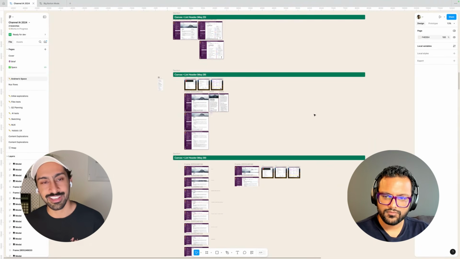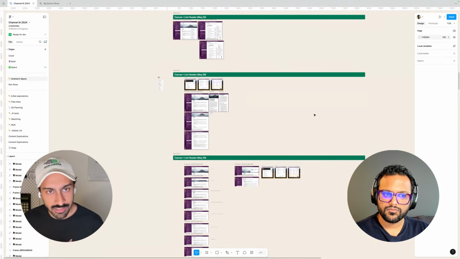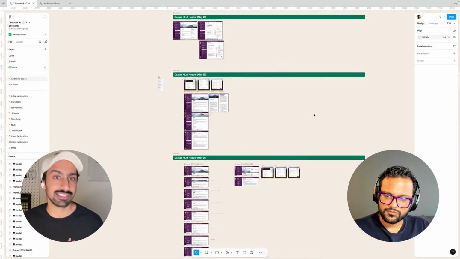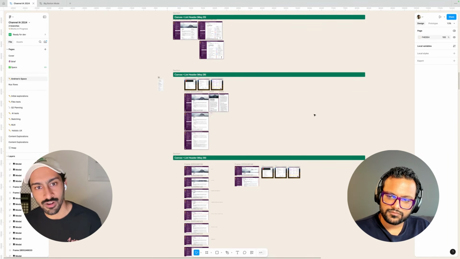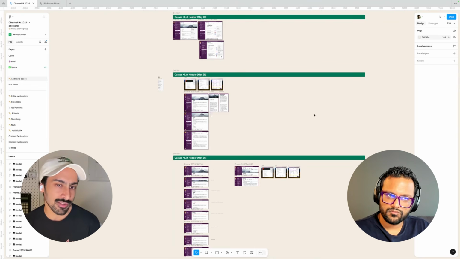What's important here is that I didn't just overwrite or delete those previous iterations. I keep them there for archival purposes almost. This is my answer to